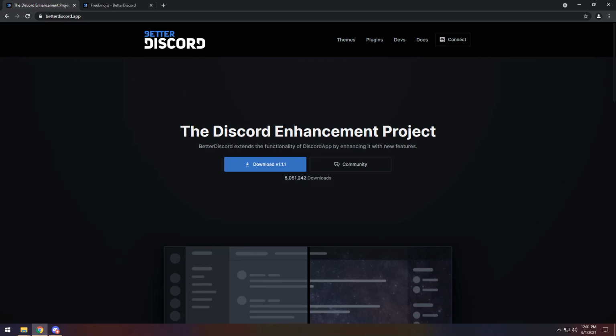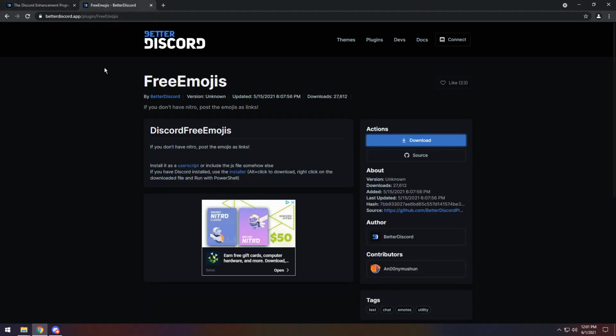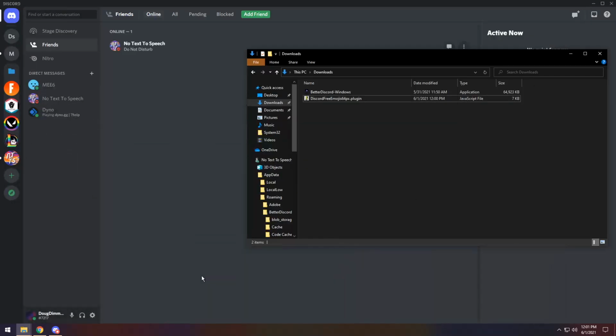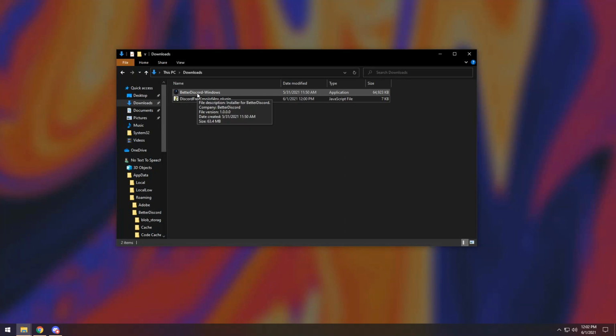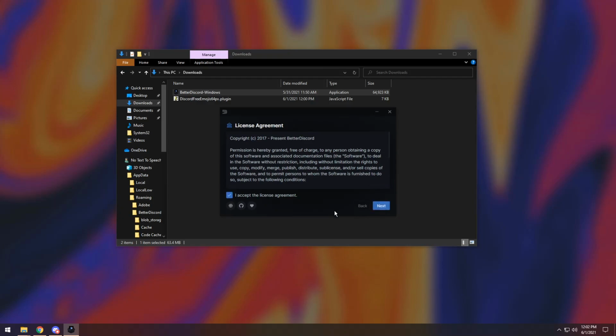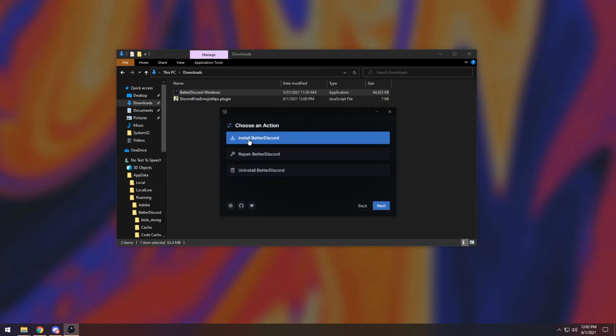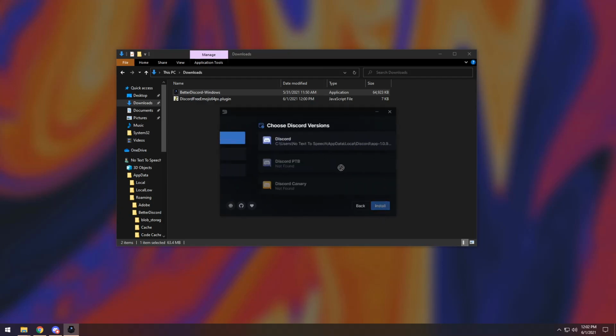Anyways, go to the first link in the description and click on the big download button here, and then go to the second link in the description and click on the download button here. Now, once you do that, go into your downloads and double click on the Better Discord Windows application installer. Click I accept the license agreement, press next, click on install Better Discord, click next,